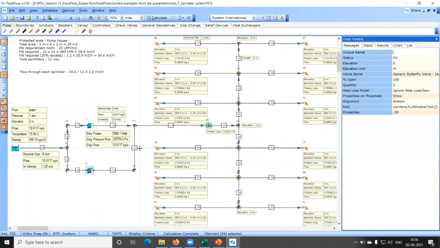So only one jockey pump will be running, and its job would be, when there is no fire, this valve is called a deluge valve. Okay, this is an automatic on-off valve. When there is fire, the FNG system will send a signal to this deluge valve, and this valve will get open, right? When there is no fire, this valve is closed. Do you really think that we need to run this 35 meter cube per hour pump? No. So at that time the main pump will be